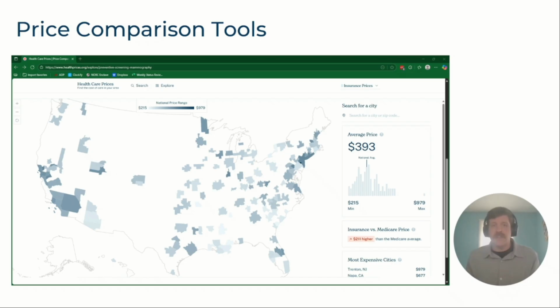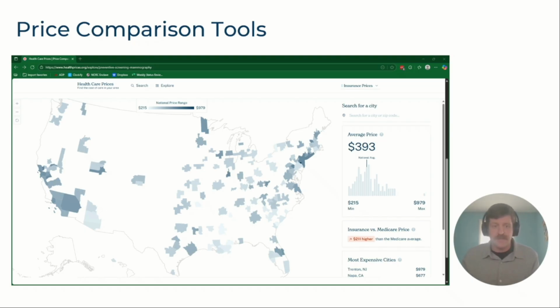This slide is a screen cap of healthprices.org. It's showing the price comparison tool for the preventive screening mammography. And you can see here, first we display a map where we've color-coded higher cost metro areas to be the darker blue, and also a useful histogram showing where the national average price is and that distribution of prices that a patient might be interested in. And you can see also the note here that the private insurance price for this procedure was $211 higher than